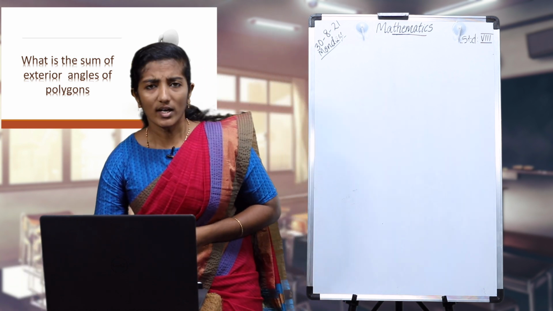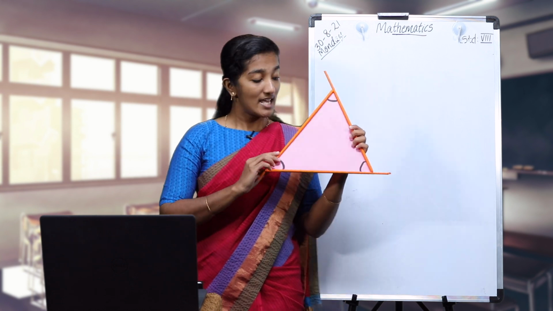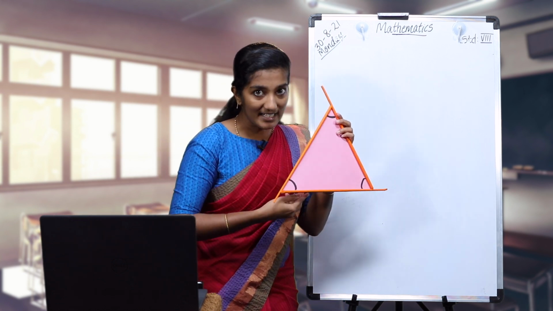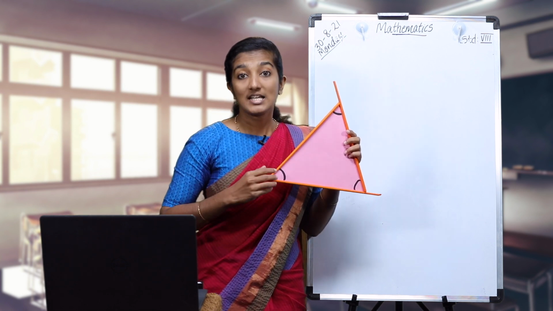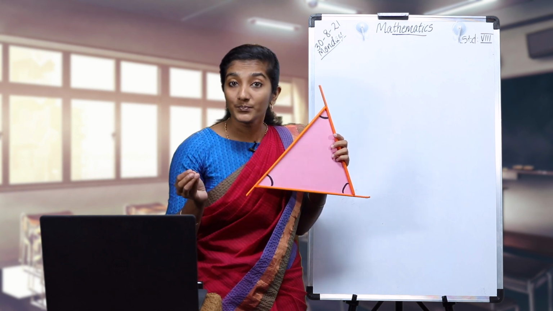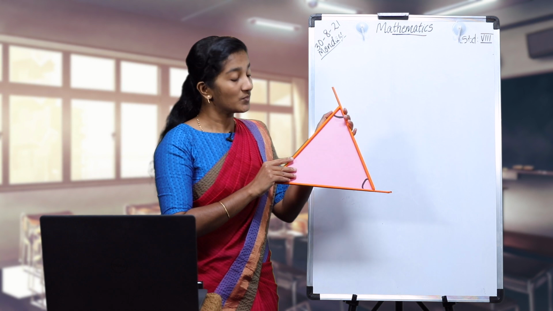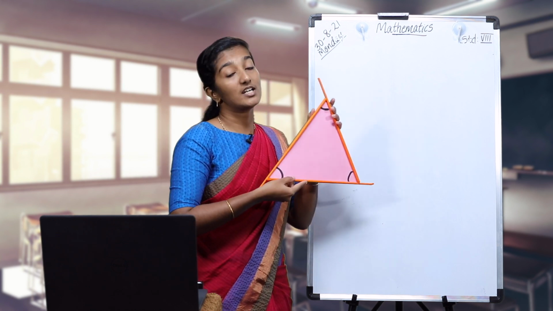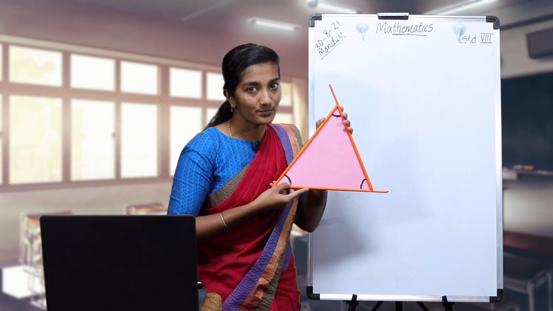Okay, then what is the name of the smallest polygon? Very good, it is triangle. Okay, then this is a triangle. It has 3 sides and 3 angles. A polygon has its number of sides and its angles equal. Here a triangle is here. Then the number of sides: 1, 2, 3. Here we have a 3-sided polygon. The number of vertices is 3.